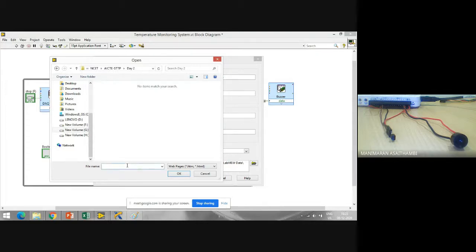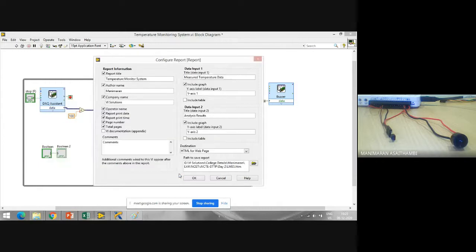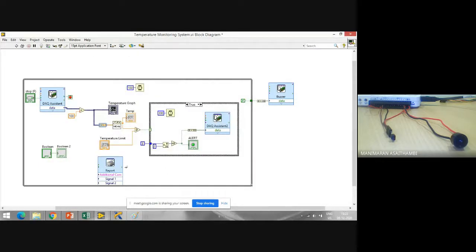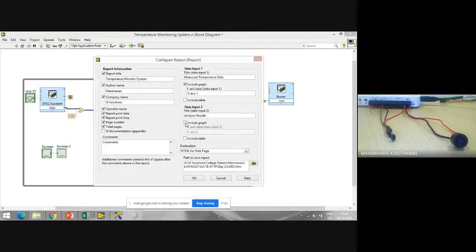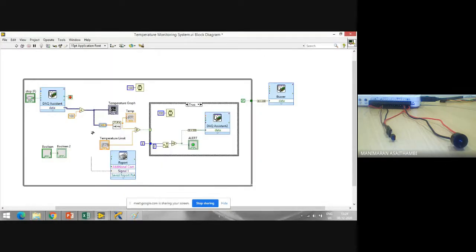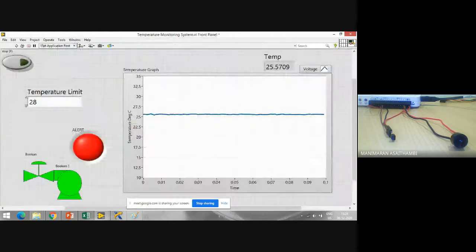So I'll save it as LM35. I'll say okay. Now if you see here, it is asking me for the signal. Do I have two signals? No, I don't have any Y2 signal. I have only one signal, this temperature waveform. So I connect it to the temperature waveform, and once it is run, this temperature waveform will be stored in it. Now I run my program.